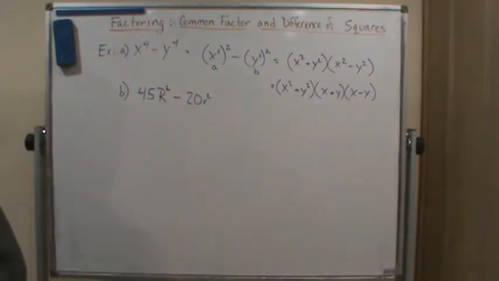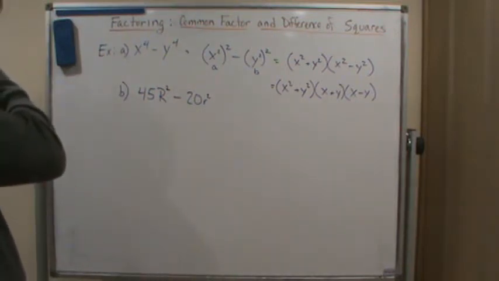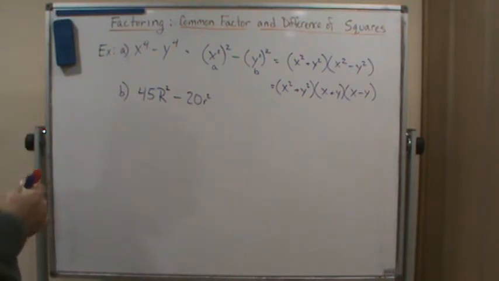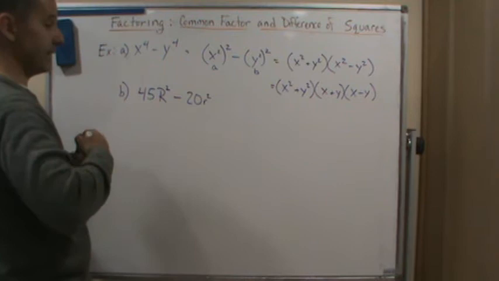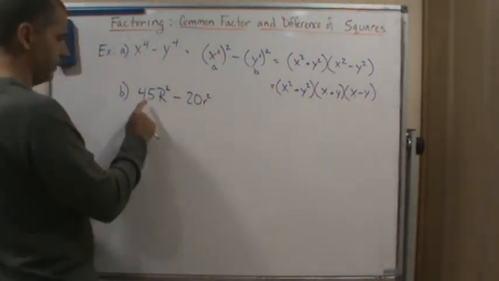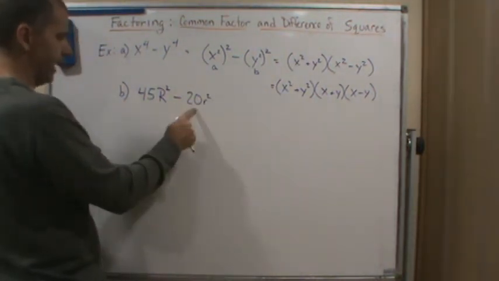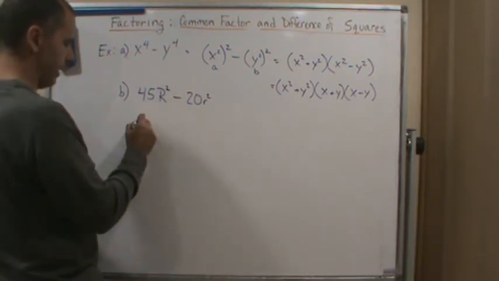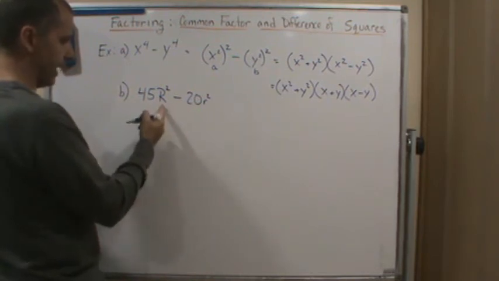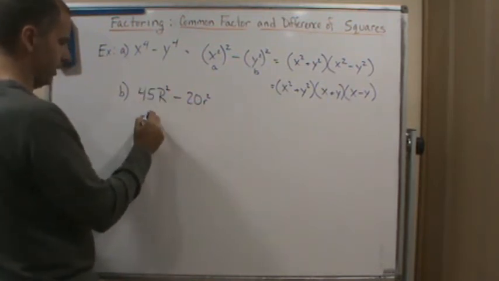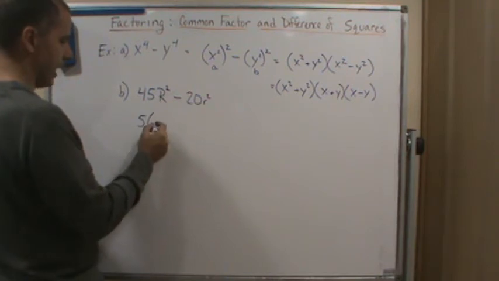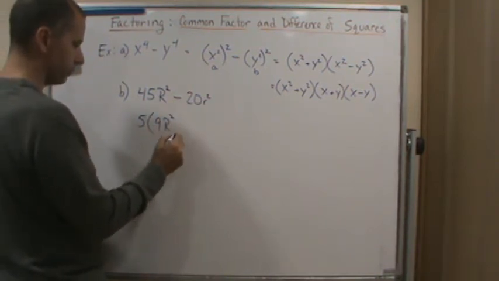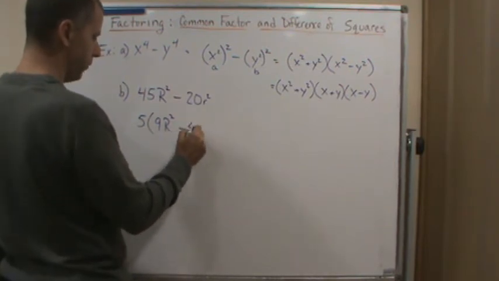Okay, so again, going back to our process. Step one is always see if there's a greatest common factor. So now, in this case, there's a common factor of 5, and it's the greatest common factor. So we're going to factor out a 5, and there's no other factors. We can't factor out any of the r's. So this becomes 5 times the quantity 9r squared minus 4r